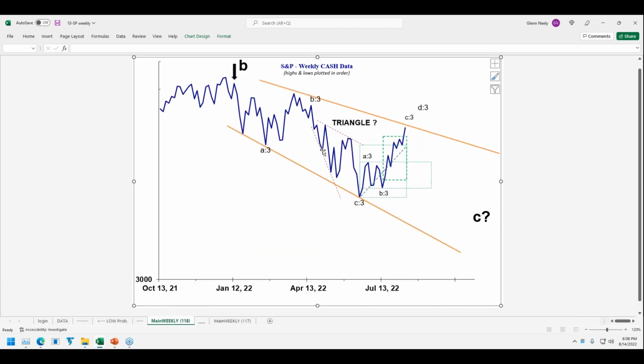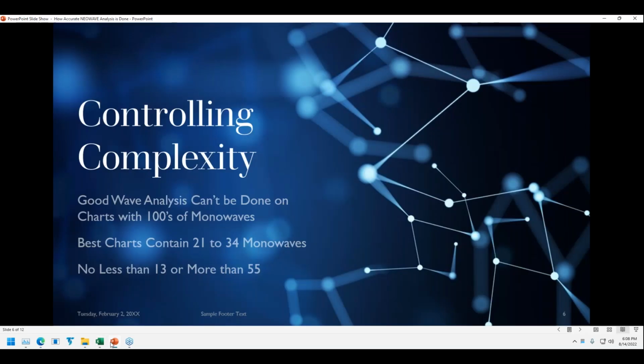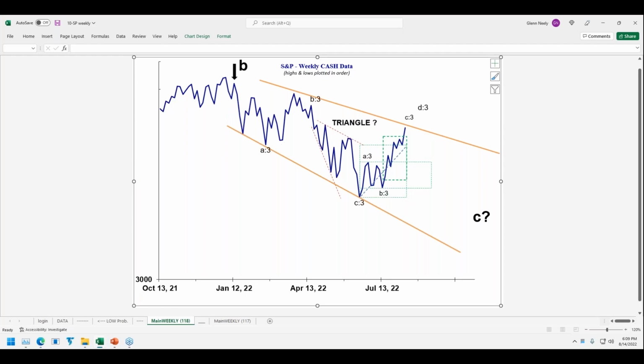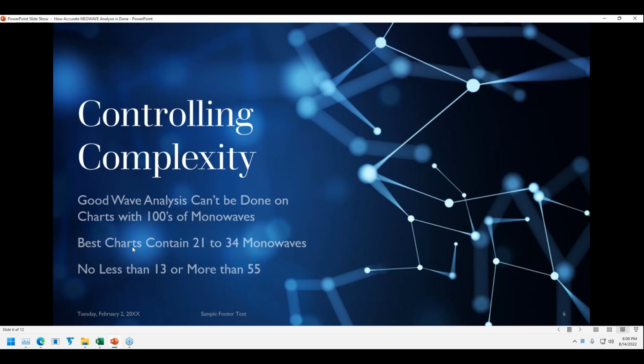Here you can see how it goes from high to low, low to high, and so forth. And you can see the flow that takes place. So you want to make sure that you're counting the number of monowaves. I don't know how many are on that particular chart. Clearly less than 100, probably somewhere in the 40, 50 range, give or take. But you want to control the complexity of your charts to where you're preferably between about 21 and 34 monowaves